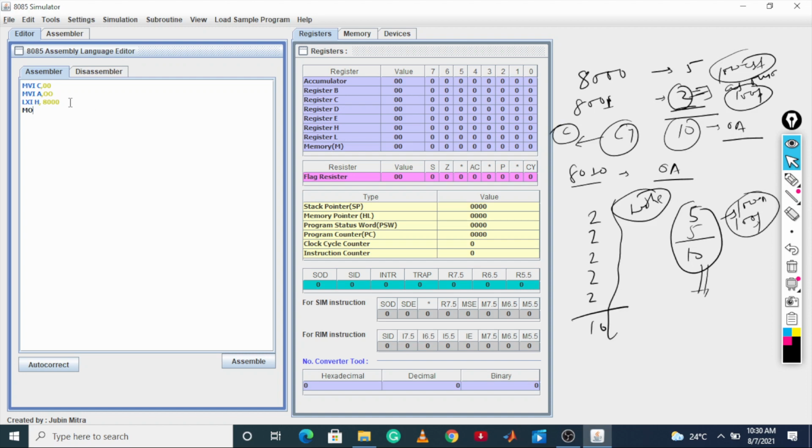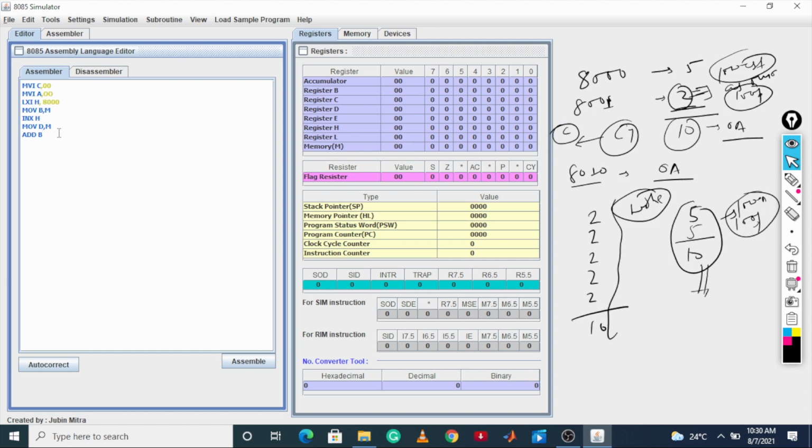Now this content I am moving from memory to a register called B. Value 5 is being moved to register B. After that I am incrementing the HL pair, which will give our second number. Now I am moving this number to another register D. After that we are going to add D, that is we add 5 and 5, because in the B register we have 5.